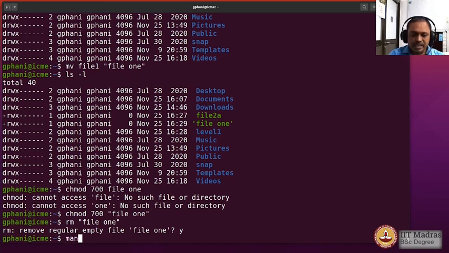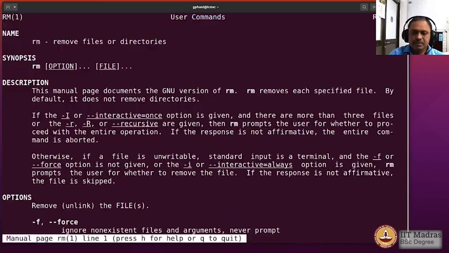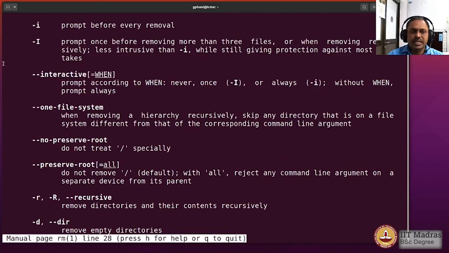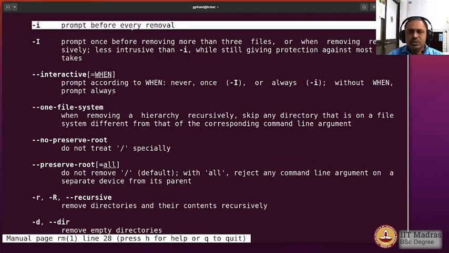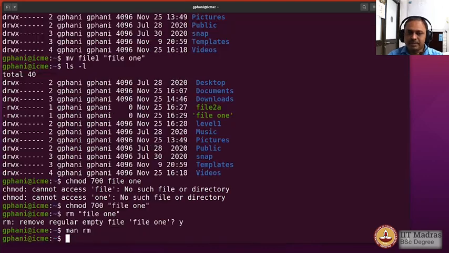So let us look at the help for the command rm. If you see here, the -i option is there, so that for every removal there's a prompting. It is a problem if you have a lot of files to be removed and it keeps prompting, but for newbies it's a good idea to let it be there so that you are careful.